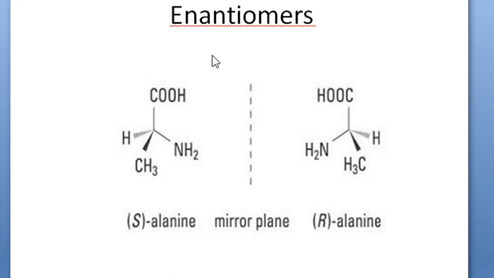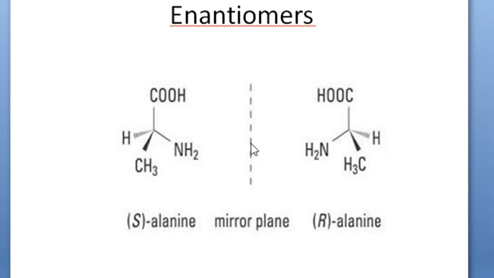Simply you can define it as: once you know the S configuration and R configuration, the S and R configurations of a molecule are said to be enantiomers. D and L configurations in the Fischer projection are said to be enantiomers for a molecule. For a molecule, if you can write the D configuration and L configuration, both will be enantiomers. If you can assign the S configuration and R configuration for a molecule based on the CIP rules, Cahn, Ingold and Prelog rules, then they become enantiomers of each other, and they are obviously mirror images.